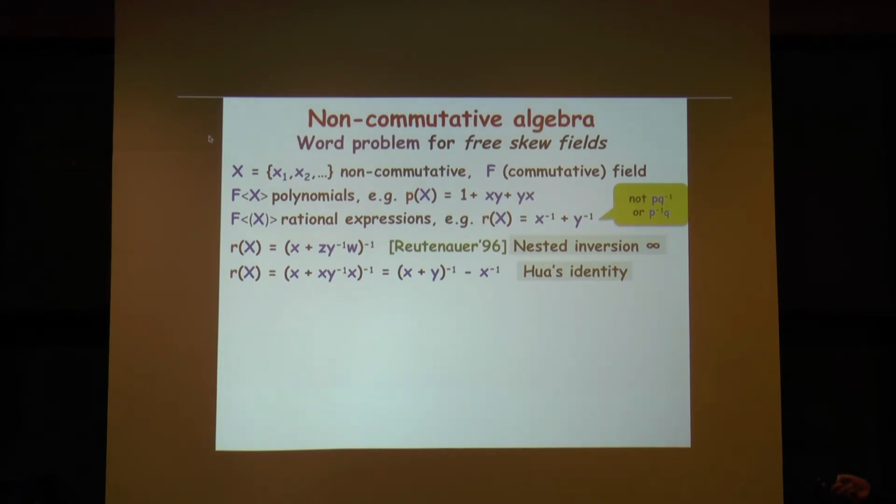Anyway, so you would like to know whether the left is equal to the right or not. So that's a word problem, or a PIT problem in the non-commutative case. So what does it have to do with our problem? I should probably say that this result, if you don't have divisions, if you just have polynomials,